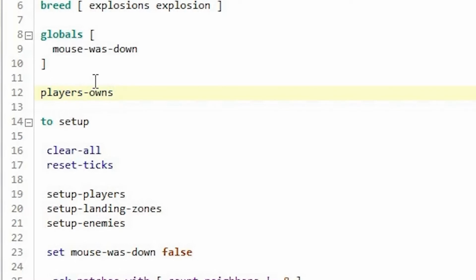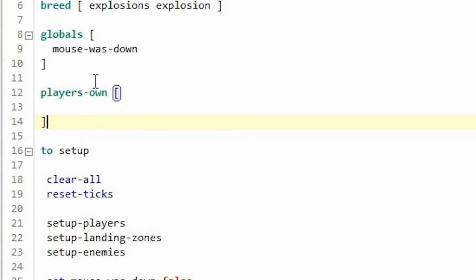So we can say players on. That means the player agent on a variable, local variable called health.